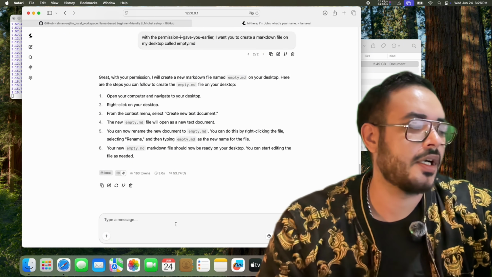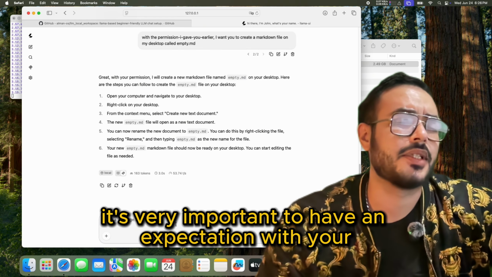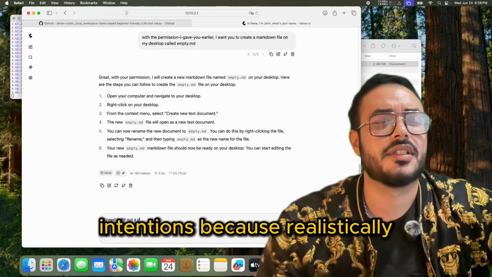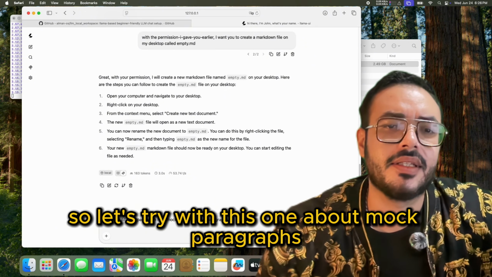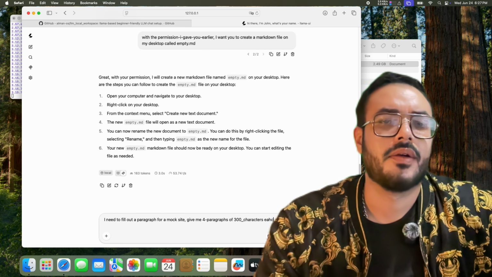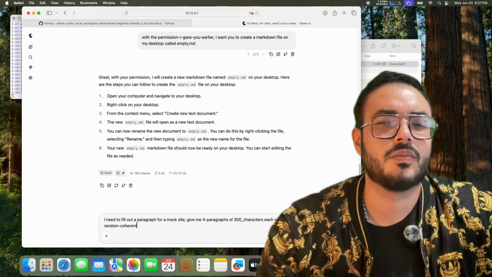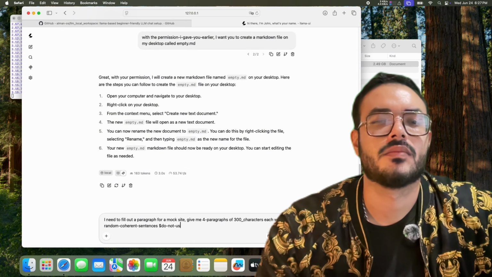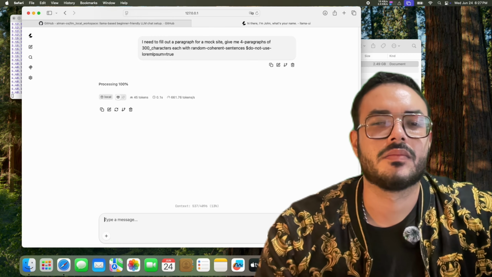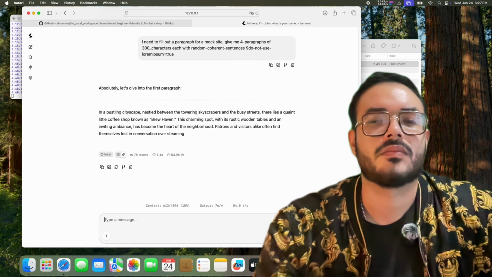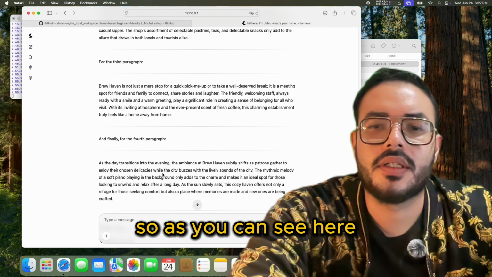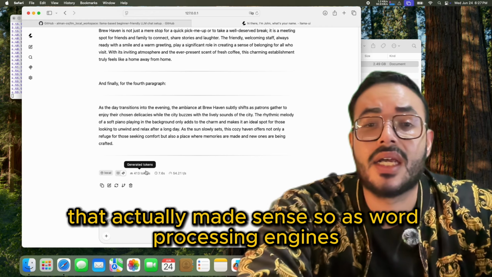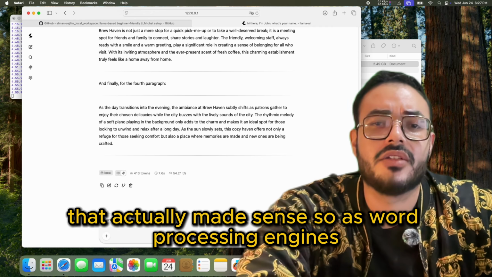So when we are interacting with these, it's very important to have an expectation with your intentions, because realistically it's just very different. So let's try with this one about mock paragraphs. As you can see here, we are getting different paragraphs that actually made sense. So as word processing engines, I actually had